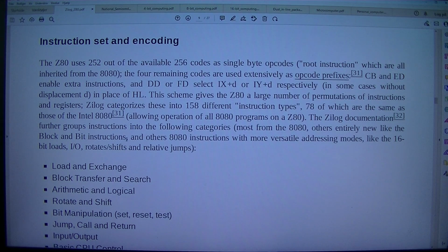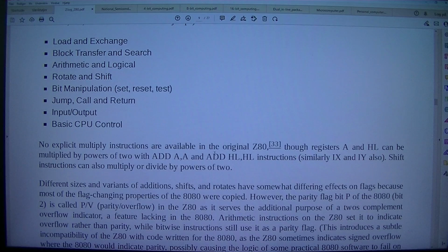further groups instructions into the following categories, most from the 8080, others entirely new like the block and bit instructions, and others 8080 instructions with more versatile addressing modes, like the 16-bit loads, I/O, rotates/shifts and relative jumps: load and exchange, block transfer and search, arithmetic and logical, rotate and shift, bit manipulation, set,